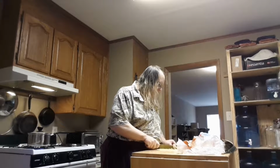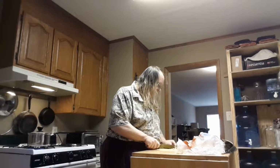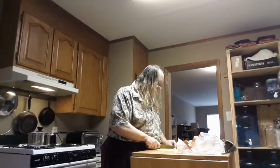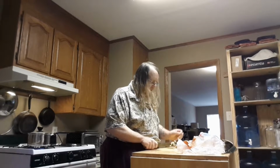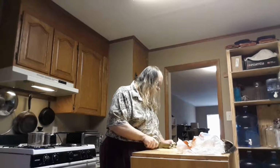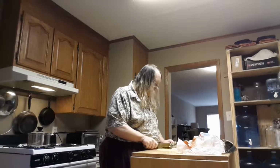I've got one yellow onion here that I have peeled so far. And I like yellow onion in this because it brings out the sweetness in this bacon. Bacon I got is Applewood smoked. I get it over at Whole Foods, and I really like it. A lot of times too, they will cube that. And you can just buy it cubed and throw it in here. I bought 1.5 pounds because